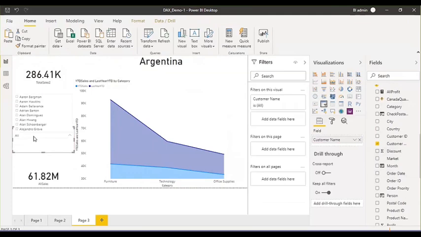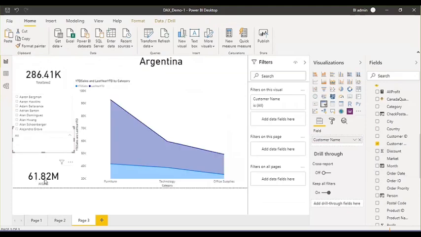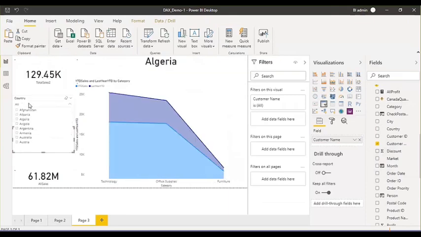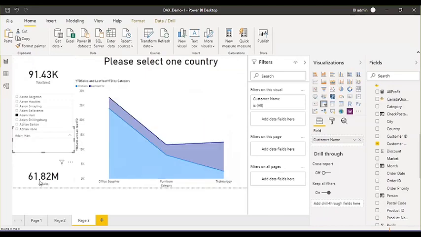When I select any value in any slicer, my all sales value is not changing. But if I want that when I change the country, this should not change, but when I change the customer, this calculation should be filtered.